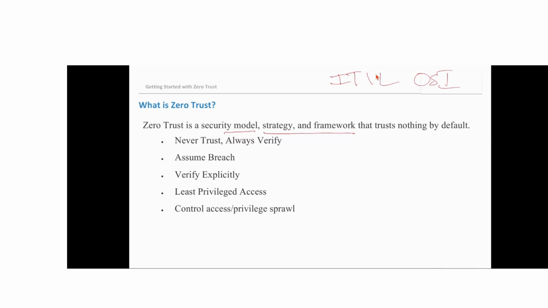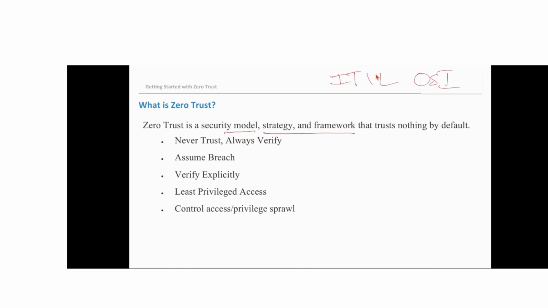Zero Trust now says we're not going to trust you at all. Even though you were on VPN and you terminated to my router, whatever the termination point was, and you had the security to get in and you had a token, whatever, we still don't trust you. We still don't trust what you're going to do on the local network. So Zero Trust is a little bit of work to set up, there's no doubt about it, and I'll show it to you, but it gives you the best security from end